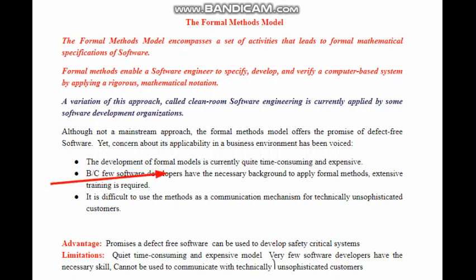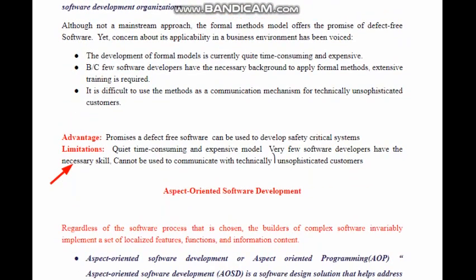The development of a formal model is currently quite time consuming and expensive. As there are a lot of mathematical calculations carried out, this approach is a little bit time consuming. A few software developers have the necessary background to apply formal methods. Otherwise, extensive training is required.